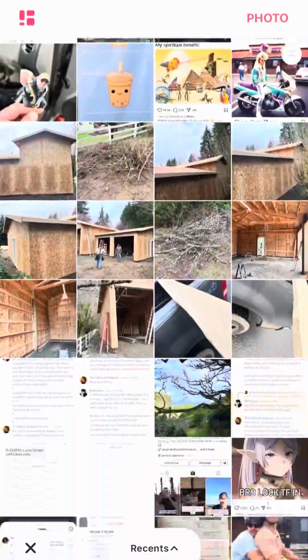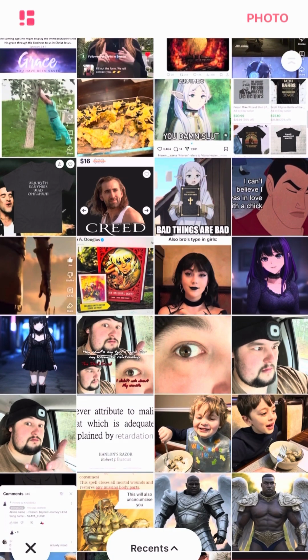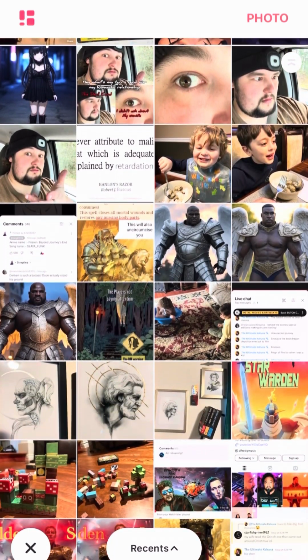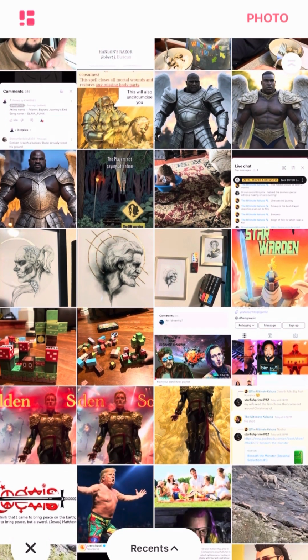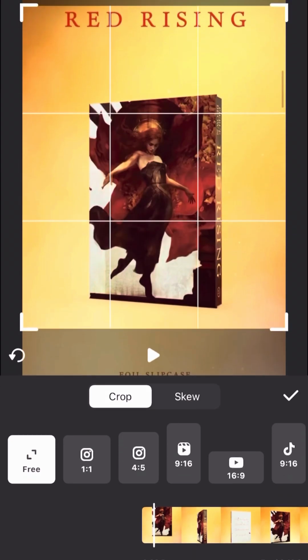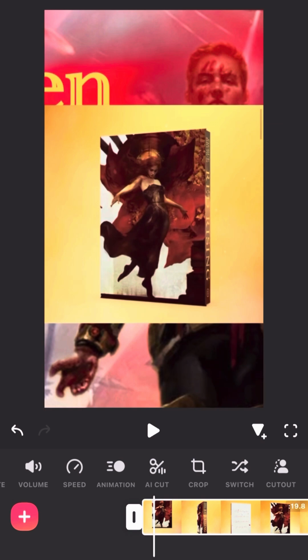There are two basic ways to do this, but the easiest way is to go to background, select a picture that would make for a good background, and you can blur it to various degrees. Usually something related, but at least something interesting to look at. I selected a thumbnail I used for the Red Rising and Golden Sun video. For this demonstration in particular, I wanted to show off more of the background, so I decided to crop the main image a little bit more,